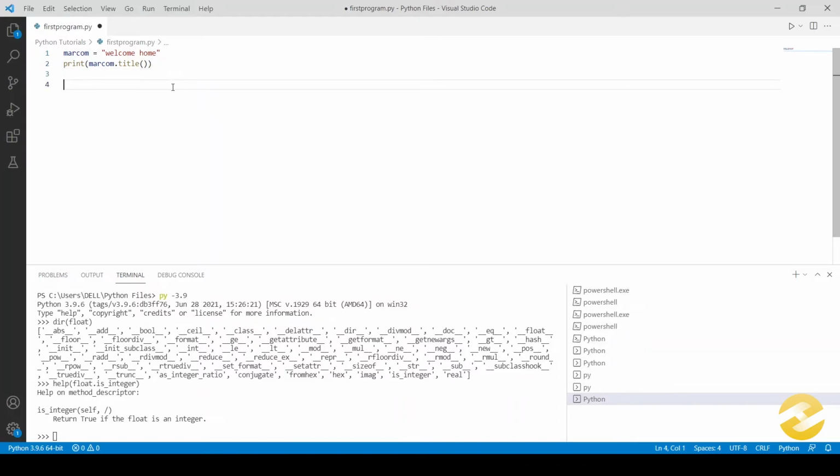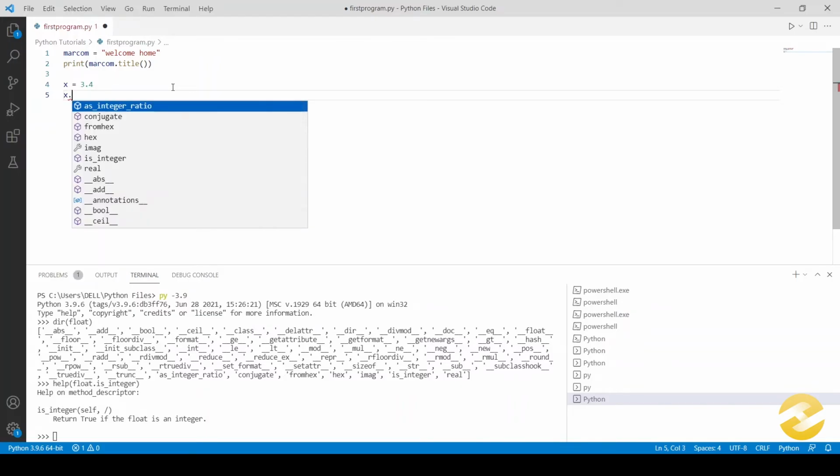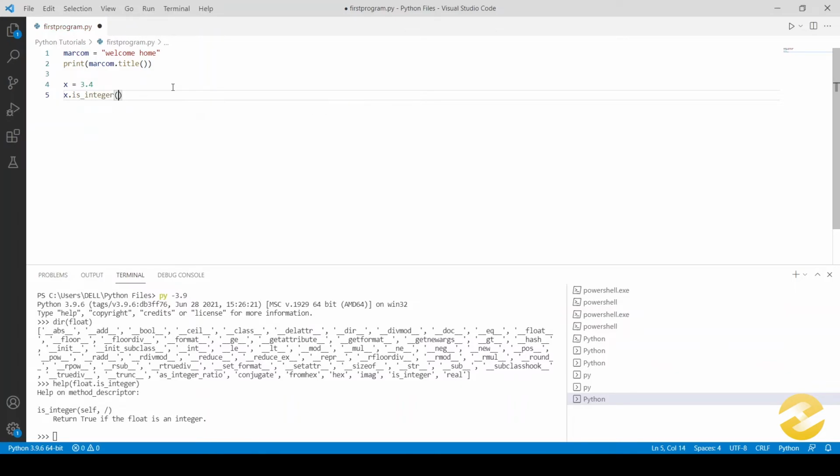So I would say x is equal to 3.4, and then I would say x.is_integer. Pardon me, is_integer, this thing.